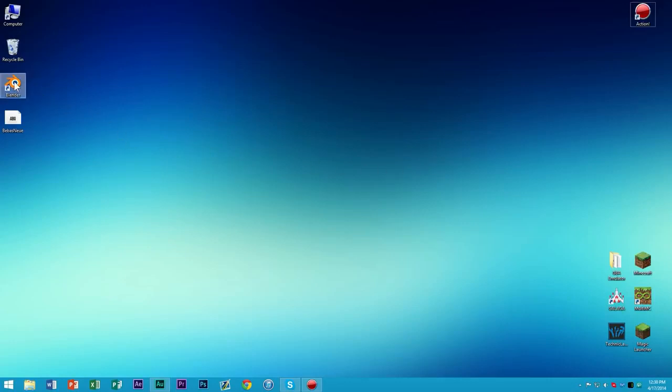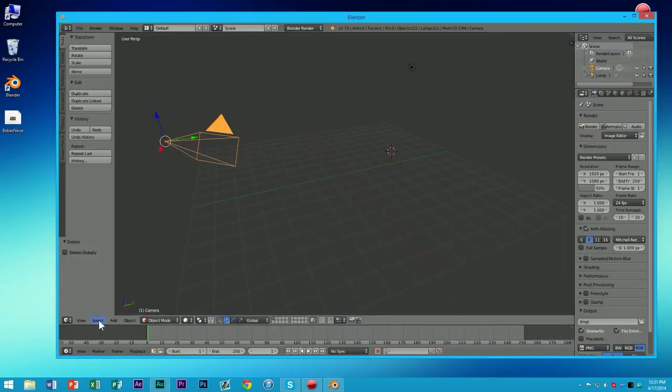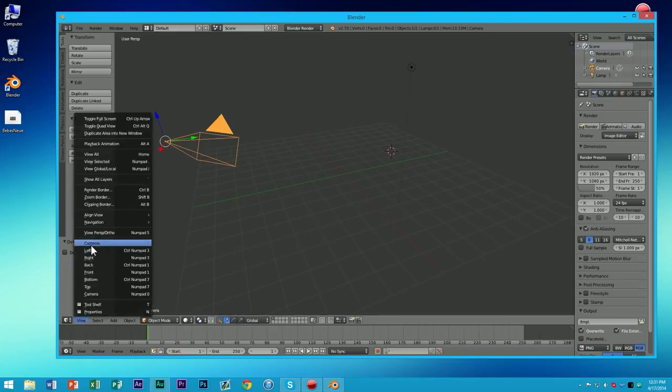hit 1 on the numpad and all that, and changing your location. That can all be done from view and then going to these right here. You see how right next to them it says numpad 1, numpad 2. If you don't have a number pad on your keyboard, the little section off to the right of your keyboard with the numbers on it, if you do not have that,